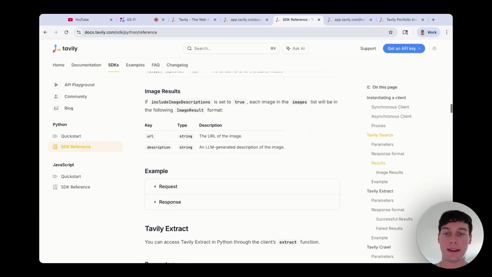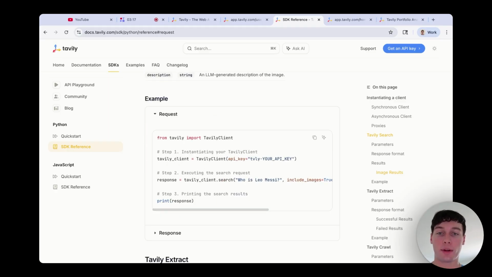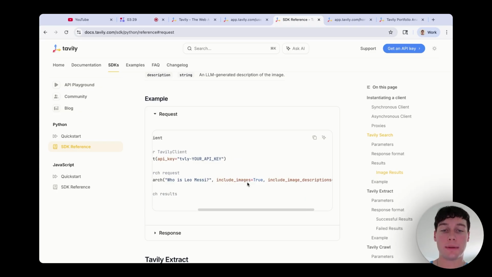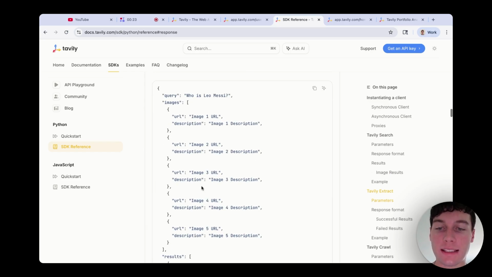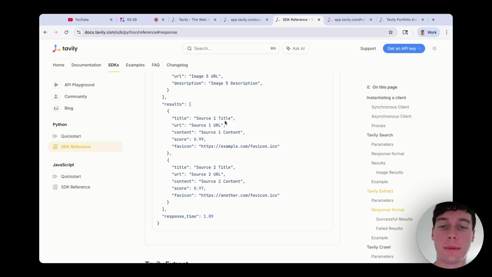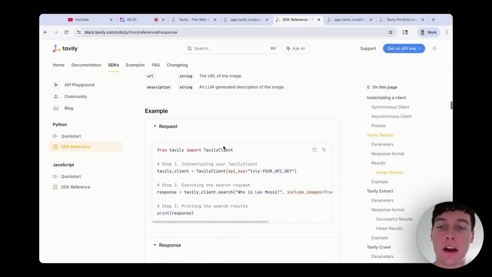So they have an example here of an API request. This is the request that they made. So the way we're supposed to do it here is importing the Tavily client, passing in our API key, and then for the response, we are calling the search method on this Tavily client, passing in our query and more parameters that we want. We don't need include images. We don't need include image descriptions, but we are going to write in include answer. And this is how the response is. It gives us our query. If we wanted any images, it'll include that as well as results. So it's going to be any title of an article that's relevant, the URL of the article, the content, and the score of how relevant it is. But for right now, all we want to do is copy this request